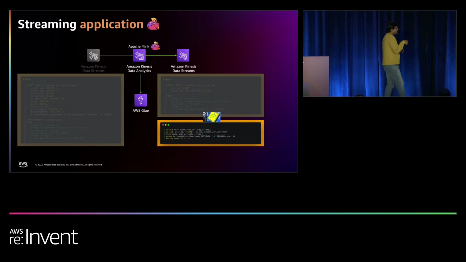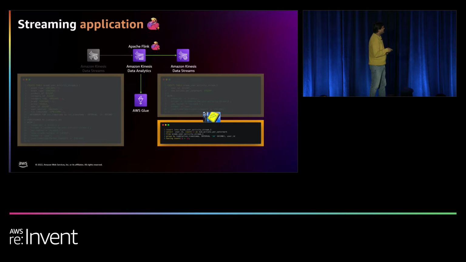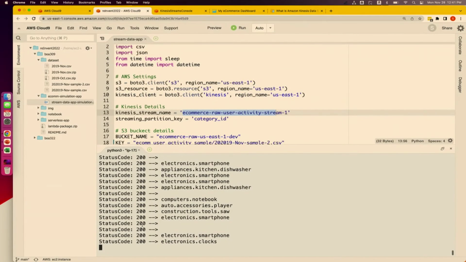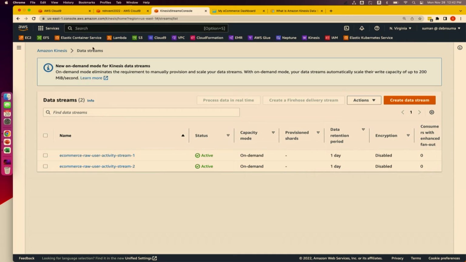So the idea is that before we create this Flink application, we need to have two tables created. This is the first table for stream 1, and another table for stream 2, right? So let's go back to our demo. So how are we going to create that Flink application?